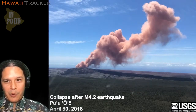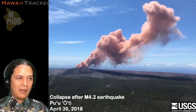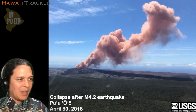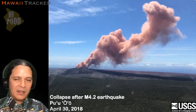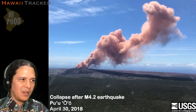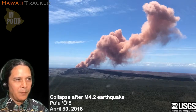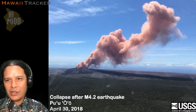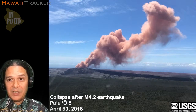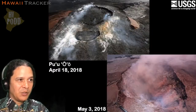So April 30th was when it really was obvious that it was essentially the point of no return, as far as I'm concerned. When we saw the first major domino that set things off, and that was the collapse of Pu'o'o after a 4.2 earthquake on April 30th. It set off a kind of pinkish, grayish cloud there you see photographed that was seen across a lot of Lower Puna. And people saw that, they knew something was going on at Pu'o'o, and soon afterwards is when the